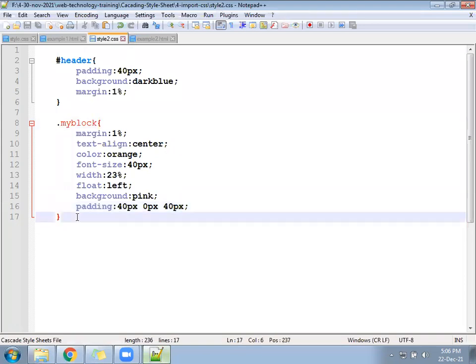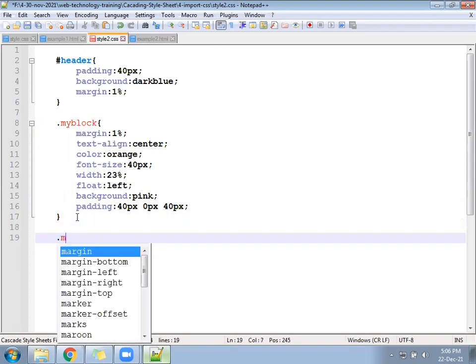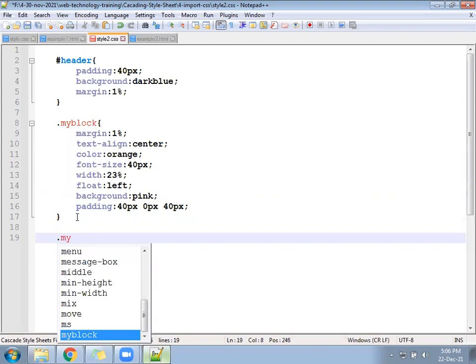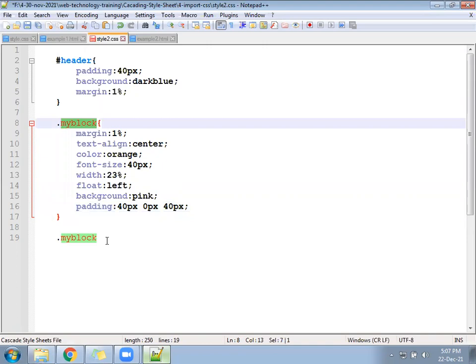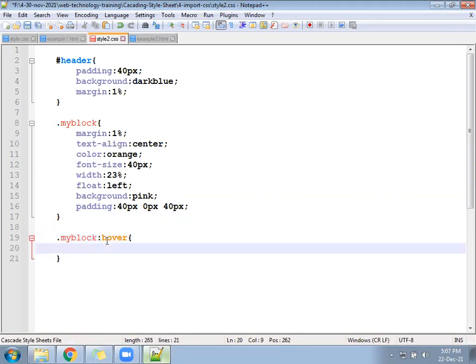We can keep a hover effect also here. My block, my block colon hover. Background should be orange color.